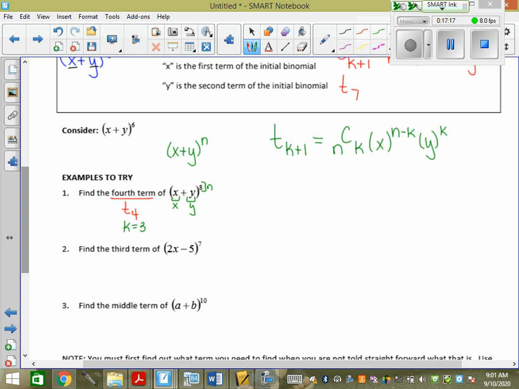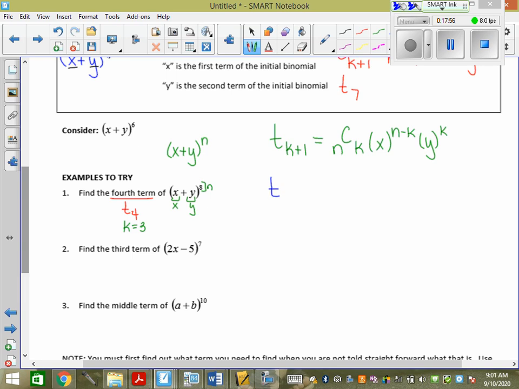If they asked me to find the fourth term and I didn't know the binomial theorem, I would have to expand this: x plus y, x plus y, x plus y, and so on, FOIL, FOIL, FOIL, distribute, distribute, collect like terms, put them in descending order, and hope I didn't make a mistake, right? That sounds awful, and you're probably going to make a mistake. So this is just faster. I can now find T4 by filling it into this formula that seems overwhelming right now, but it's not that bad. So I need to find term 4.